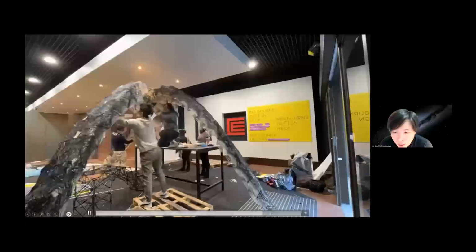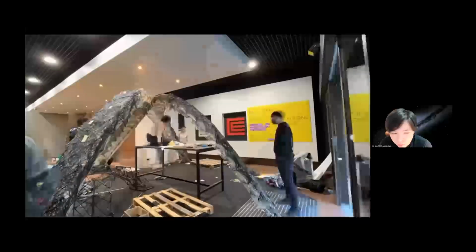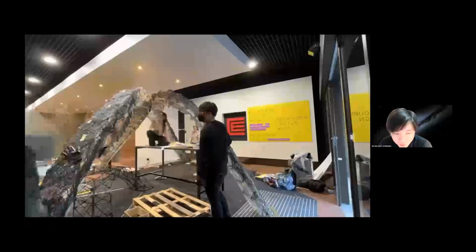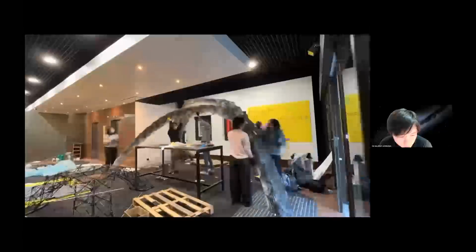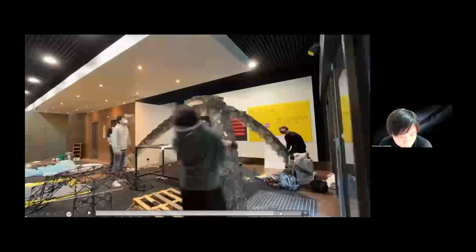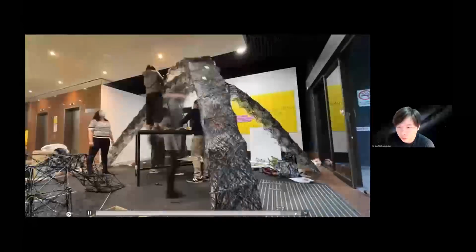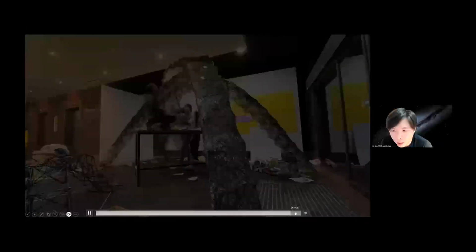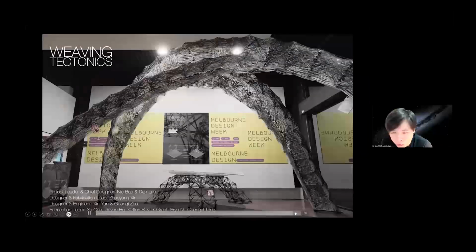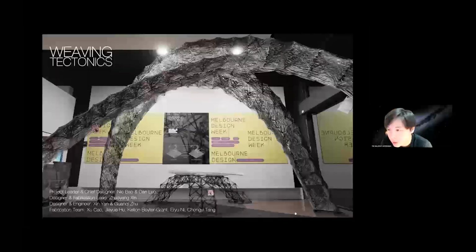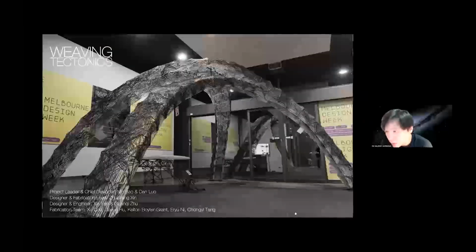So the project is very lightweight and elegant, and has a very interesting space underneath. So there are some photographs from the site, and we also designed a small table underneath. So recently,